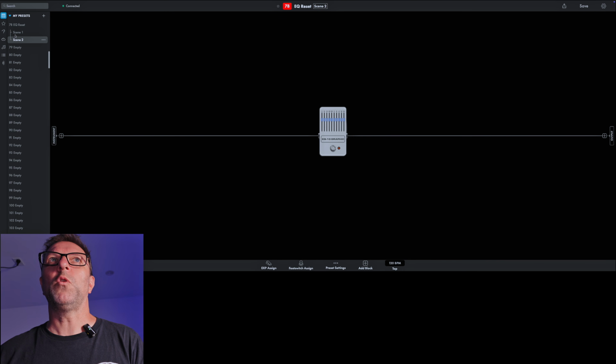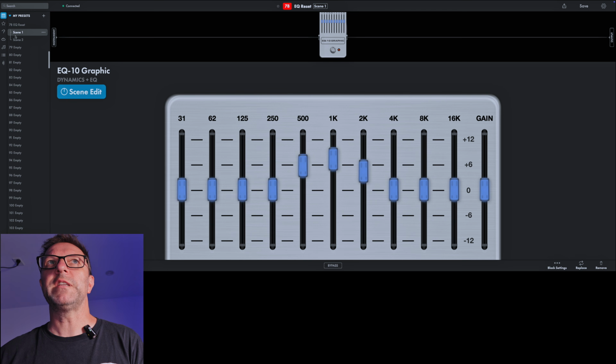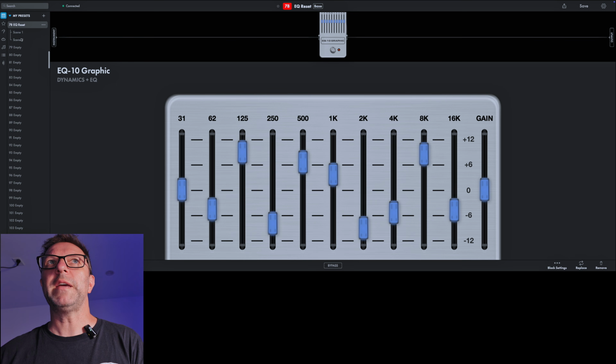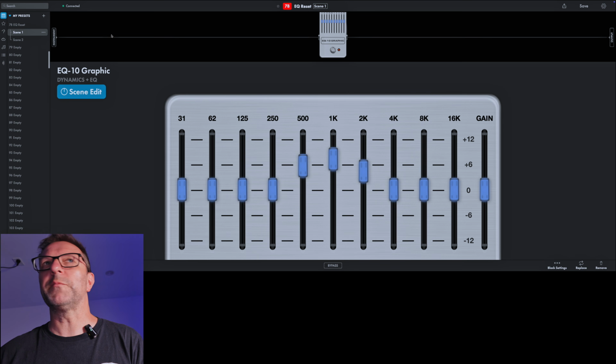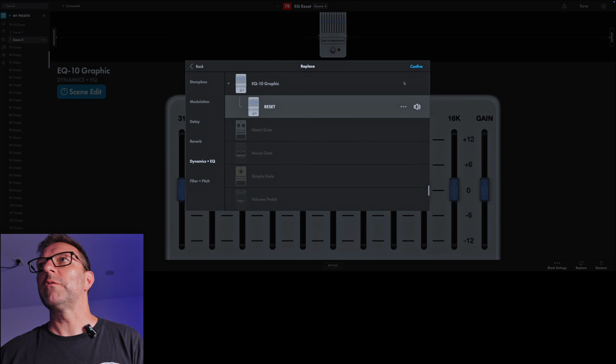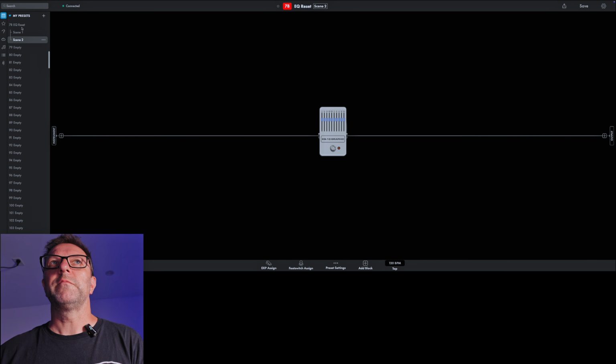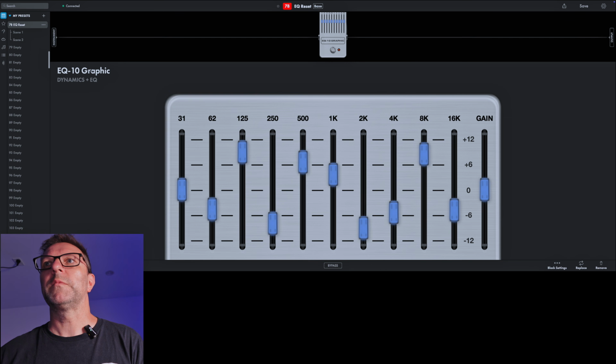And now we have scene 1 and scene 2. Scene 2 has inherited the preset from the base, and scene 1 is my custom curve there. But again, if I want to change that, I can just go reset, and maybe I just want to do a couple of cuts. And once again, we have